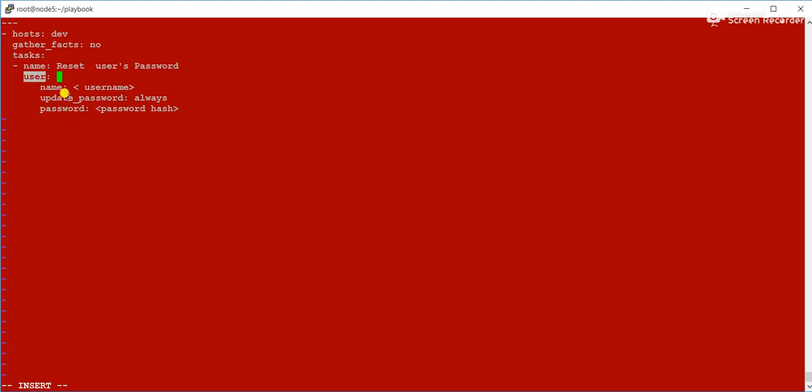With the user module, you can add a user on multiple machines, or if you want to reset any password of a user, you can use the user module. Here you have to provide the name, meaning for which user you want to reset the password.